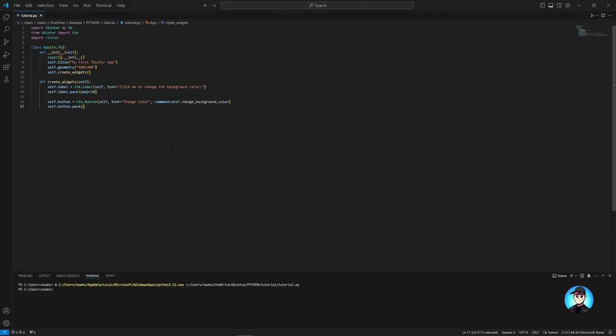So we use a label to give instructions and add a button that users can click. The command parameter of the button is linked to the method that would change the background color. Alright, so now on a new line we're going to go def change_background_color(self). Now, as you can likely presume, this is just defining the method to change the background color